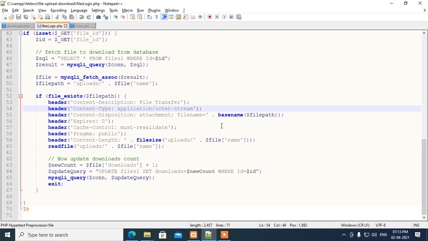There is a lot of information there, but we require the file name. Here basename is a function, and in that I passed one variable named filepath. In the filepath variable, here is the path and here is the name of the file, so it goes into the file name.